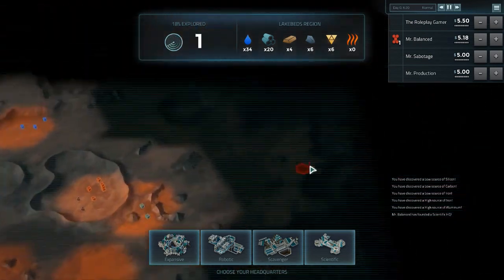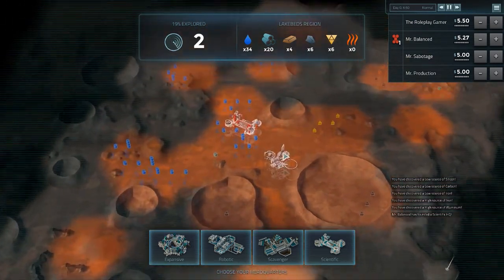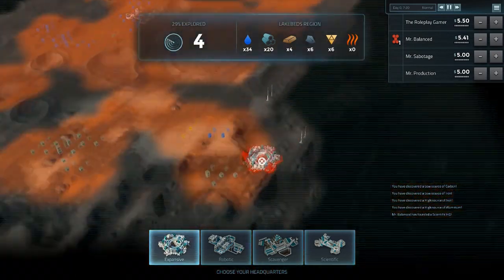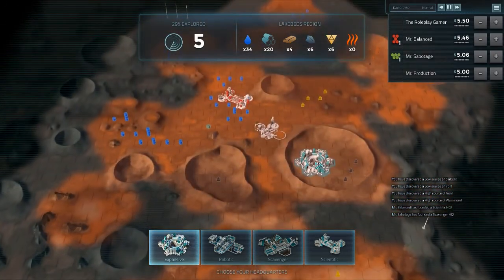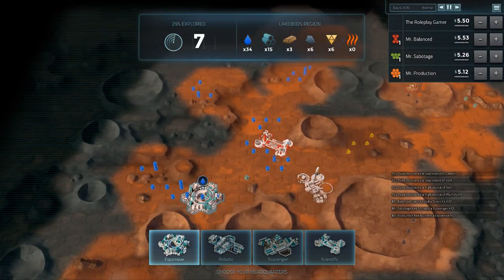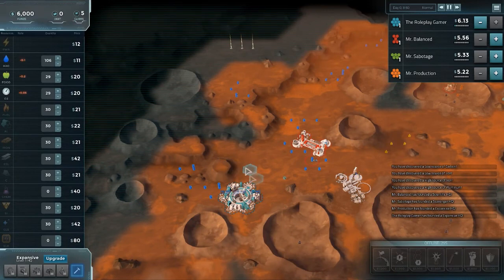So you've got, alright, so we've got someone who's already found it. I'm lagging behind here. I'm going to go with Expansive, even though it might not be the best option for the map, but I'm just going to show you what it's all about. So I'm going to try and let's take all this water here. Alright, so Expansive